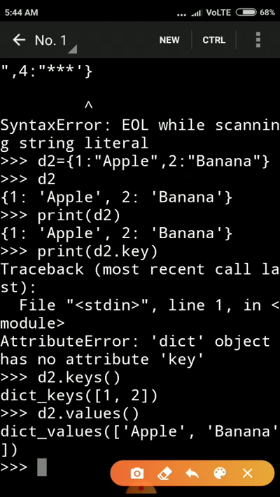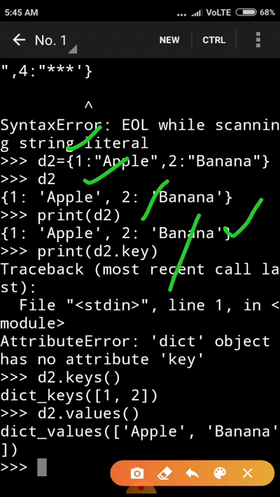If we want to access that particular dictionary, we use the d2 name only. We call the print function, and inside the function brackets we write the name of the dictionary. It will show the content of this dictionary.